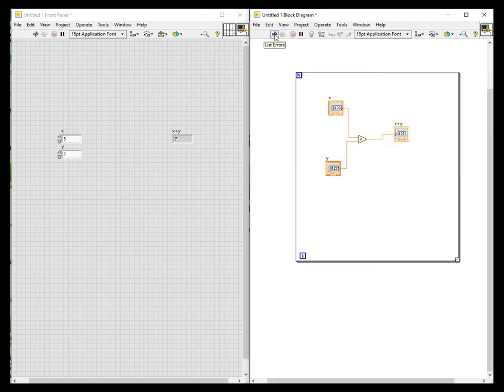So for every loop, there will be a condition behind that loop. For the while loop, we had a boolean stop button, and for the for loop, we need to give the iteration number, or how many times it has to be in the loop, and that value is given to this end condition. And for that, I just create a constant. You can create a constant or a control, that depends on you. And I just create a control here.